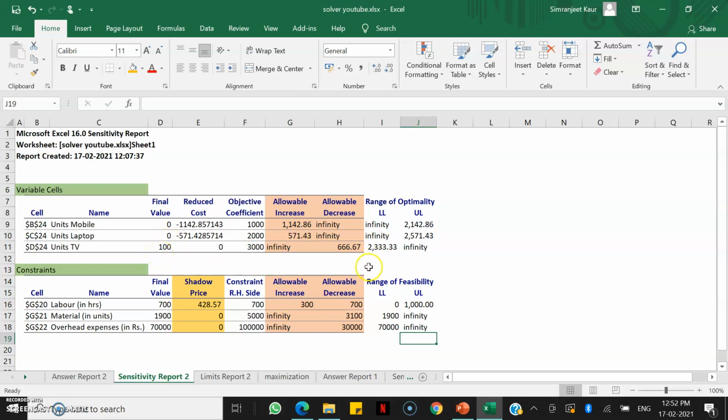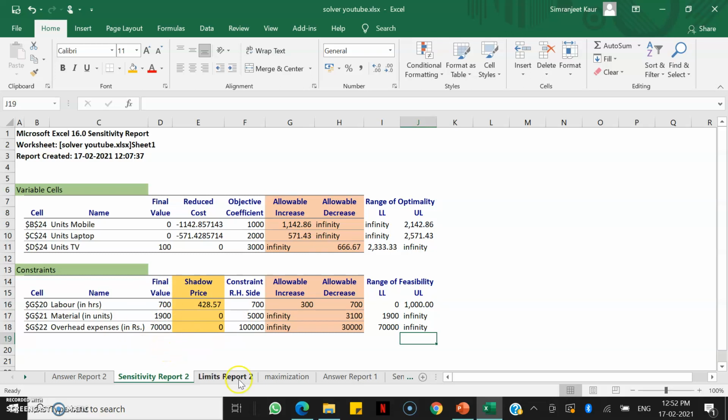The similar thing we can do for constraints also, the range of feasibility. I can add, let's say, 1900 units of material more to this 5000. Even then my final value will remain the same for material.